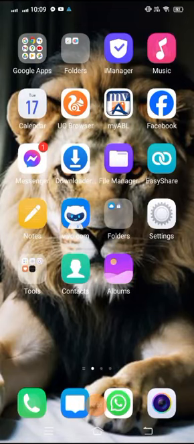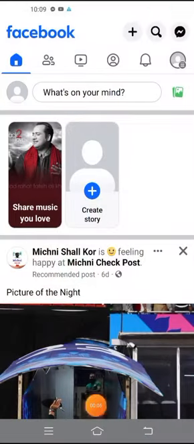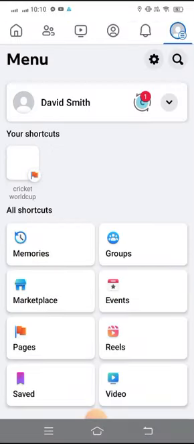Welcome to ATech. Today we will discuss how we can change Facebook Marketplace location. So open your Facebook account, select Marketplace